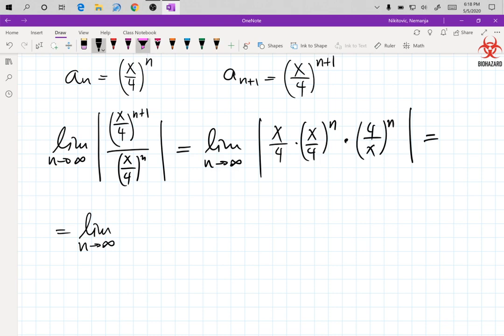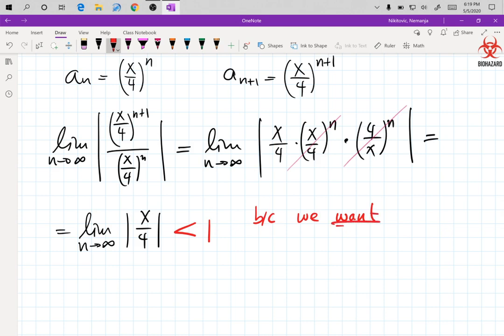And now you see that these guys completely cancel, right? x to the n will cancel with x to the n in the denominator. 4 to the n and 4 to the n cancel. So they all cancel, and what you are left with is x over 4, and it's important for it to be in these absolute values. Now, I'll write this in blood, less than 1, because we want